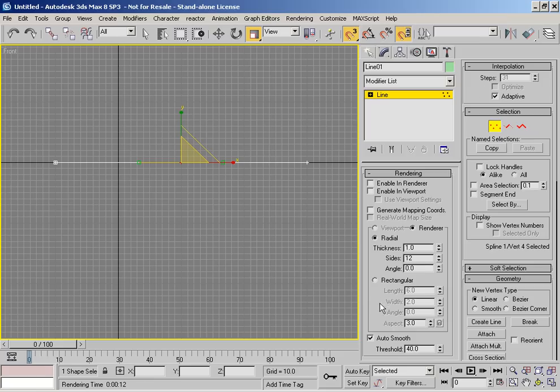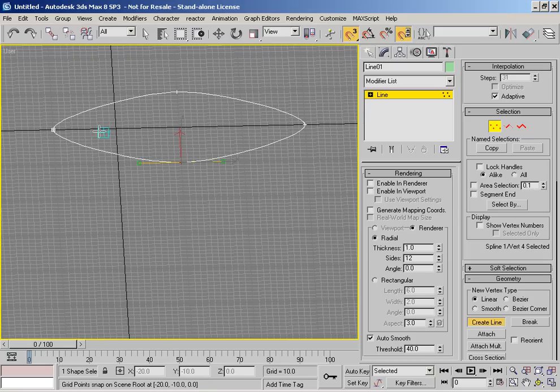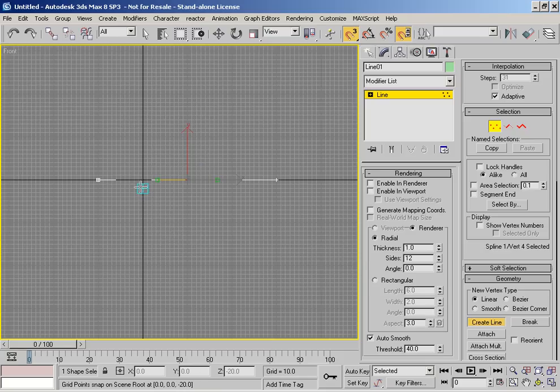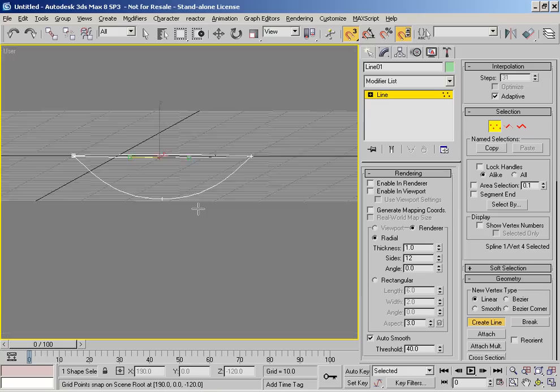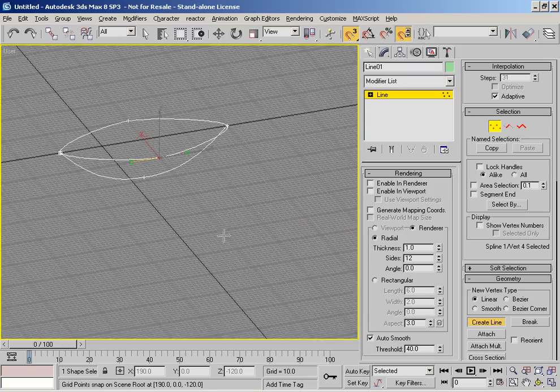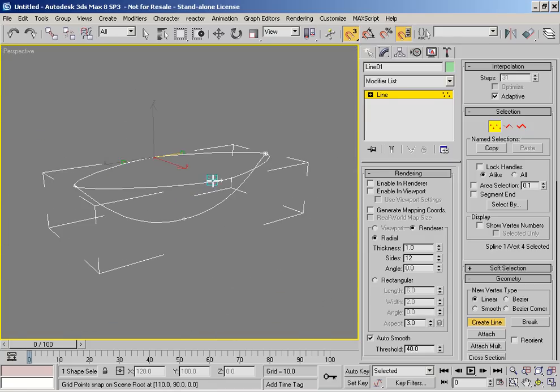So to do this, I can just go to create line, and I'm still using grid snap because I'm just going to be on this Y plane here. So I'm just going to create a spline from there down to there, stretch it out, and then back up. So that is the basics of our boat. So if I turn the grid off, go to perspective, and get rid of the grid there as well,